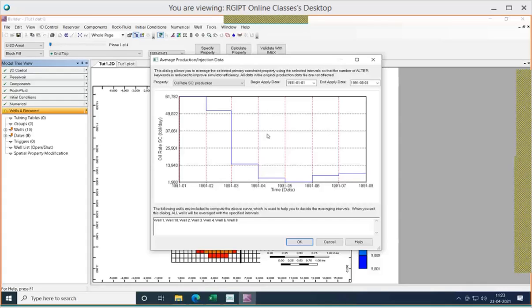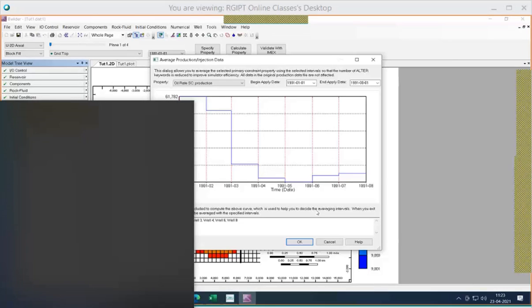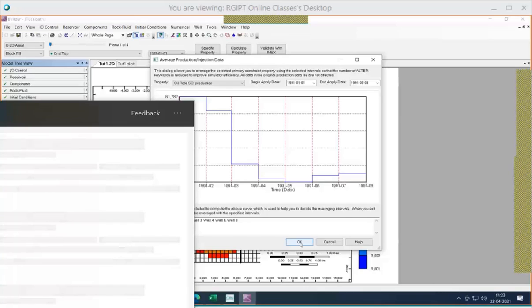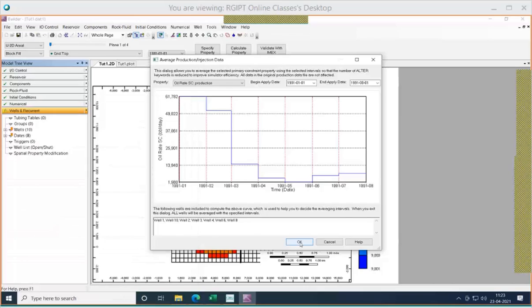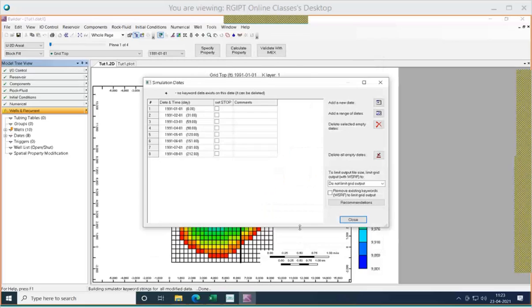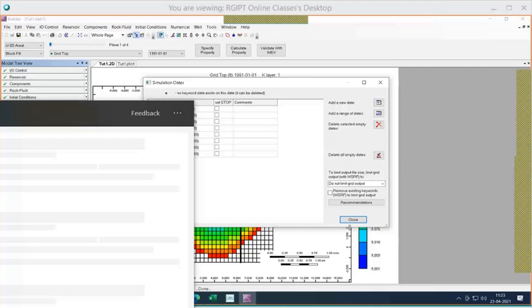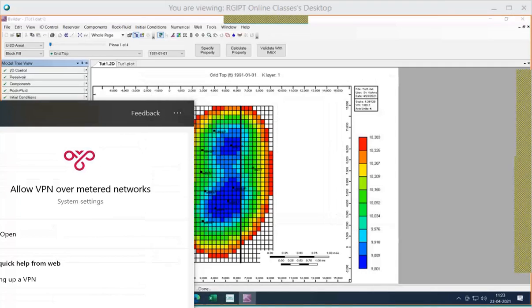For the easiness of our history matching, we are doing this. At that stage also we can do this, but we are just doing it to create the file for the history. Now let us click OK, and again close.